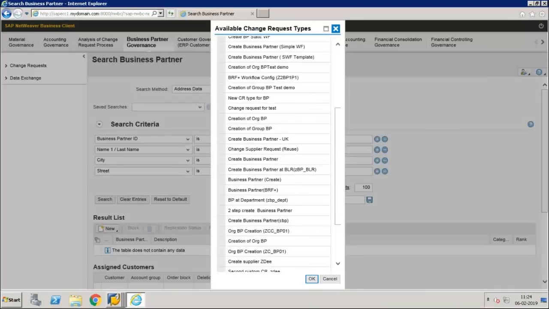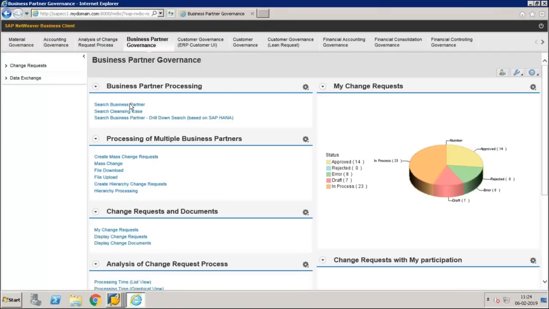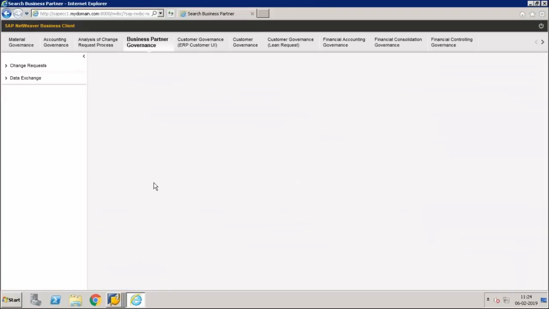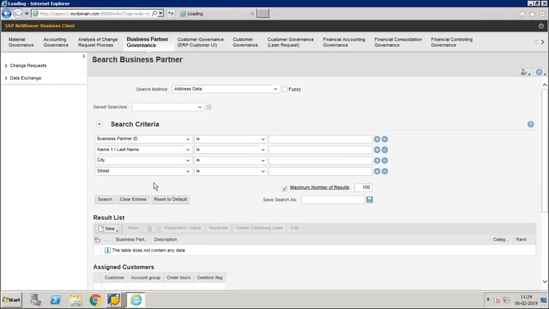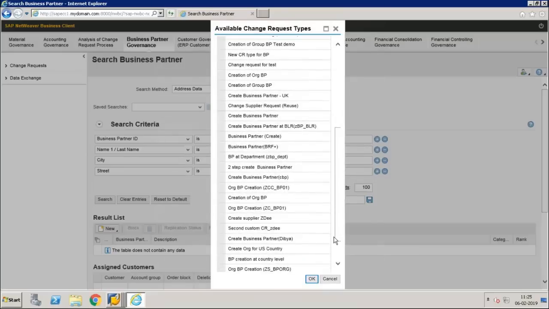If I refresh this application and search business partner, click on organization, and somewhere I should be getting, yeah, create org for US country. I got the CR type. The moment I click on working,